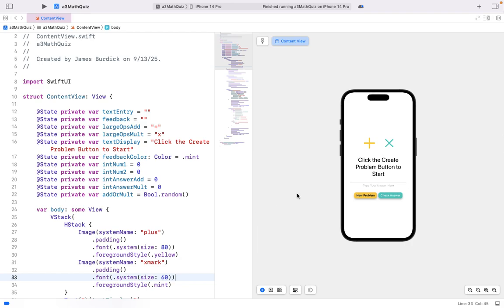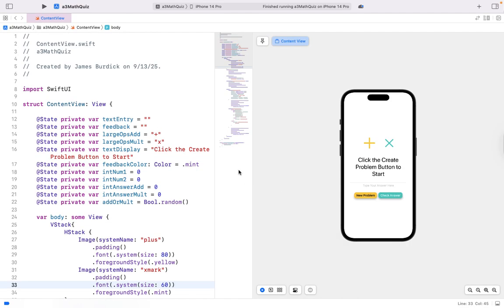So this is my math quiz app, and it was really fun, and I learned a lot of new things. Definitely the first thing that I want to go over is that the problems display using string interpolation,